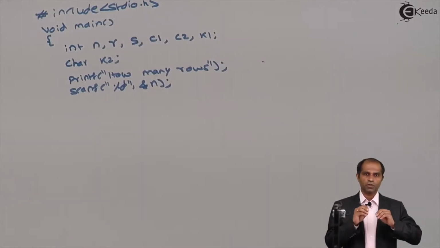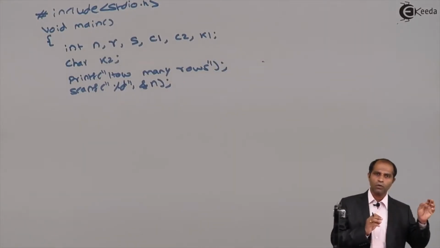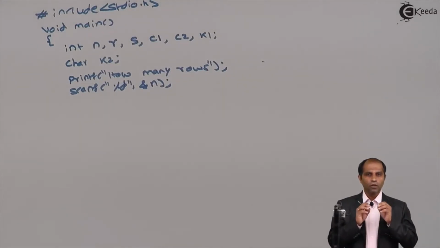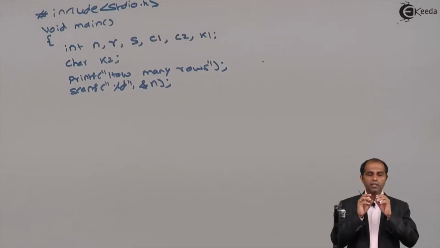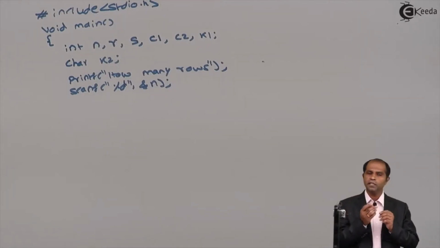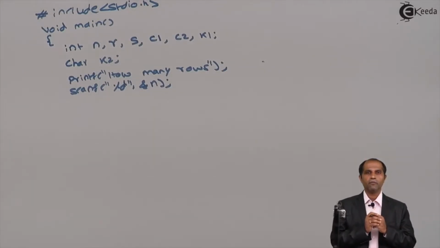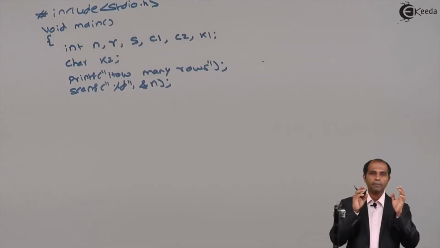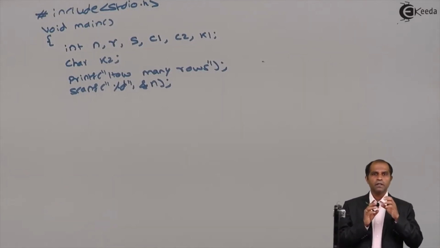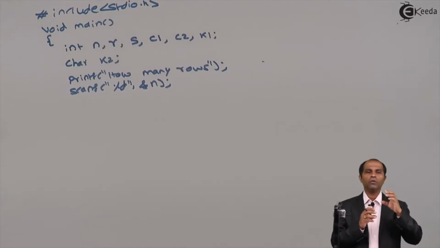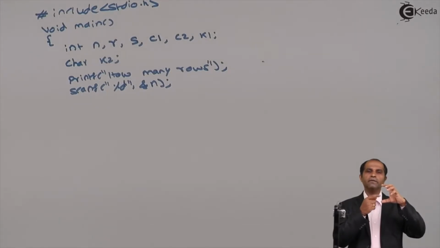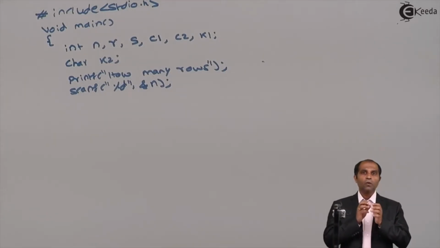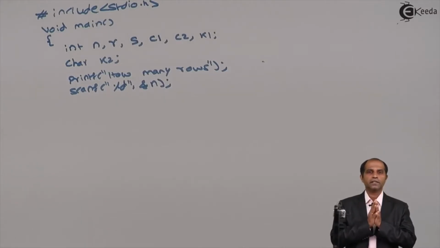This is the initial task which you're supposed to do for every pattern. If you have observed all these pattern generation programs, you'll find that the variable declaration might change as per the pattern, but the number of instructions which are used to read the input is going to remain the same. You'll ask how many rows and read that value into n. Then I'm supposed to design the entire pattern. Here, if you observe, S, C1 and C2 are going to be a part of R. Your R loop will have all the 3 variables S, C1, C2. Now, the question comes, will S, C1, C2 act as nested loops?